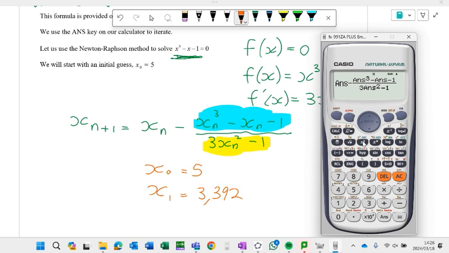When I press equals, the calculator will calculate that. It should give me 3.3918 whatever. Okay, there it is. It's actually 251 over 74. And now that number is in answer. So when I press equals, it will redo that calculation, but with 3.391 in. Okay, so I'm going to press equals, and this time I get